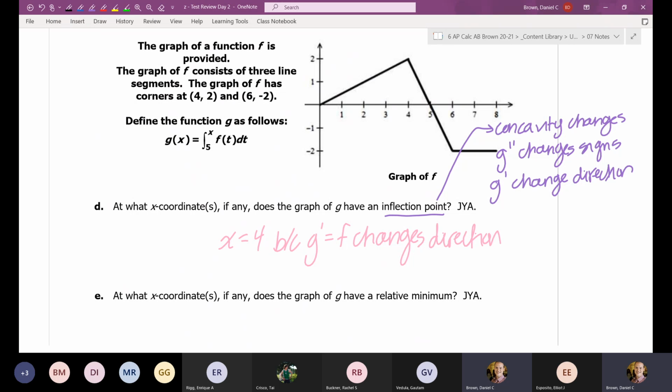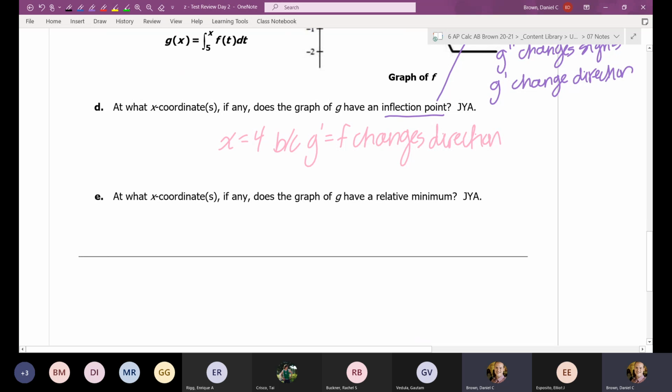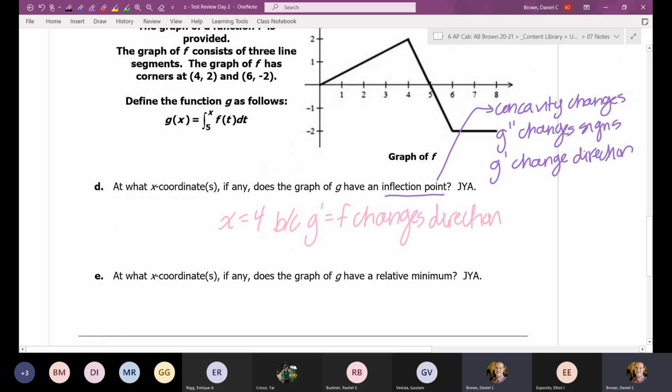And then I put E on here. I think we spent a lot of time this unit doing absolute extrema, so I did just want to take a time to review relative extrema. If we have a relative minimum, the derivative would need to change from what to what? Negative, positive. So minimum, you go down first and then up, so it would change from negative to positive. So G would have a relative minimum if G prime, which is equal to F, changes